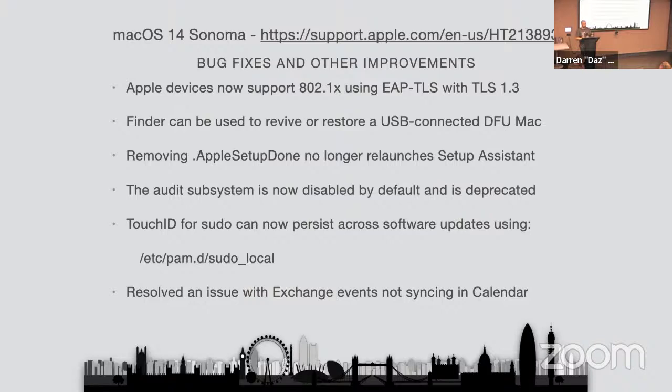And again, it resolves an issue with Exchange events not syncing in Kandji. For some users, it explicitly says for some users. You could say it's because only some users have been affected. Maybe it only fixes it, but the likelihood is it fixes it for the people that experience it. Right,